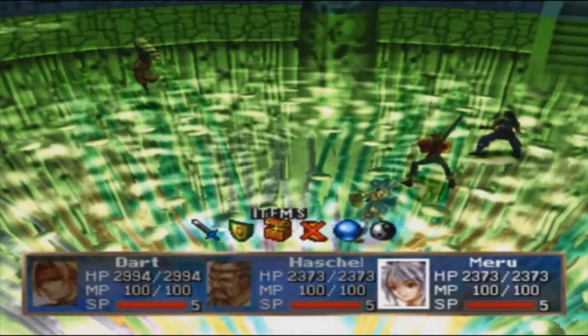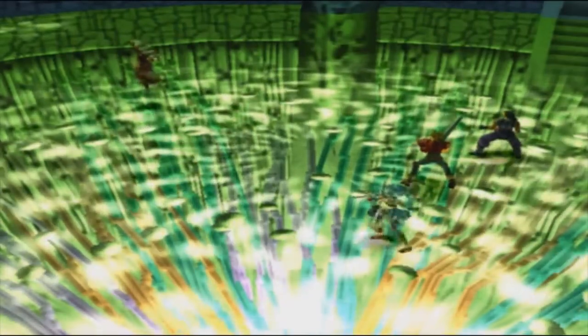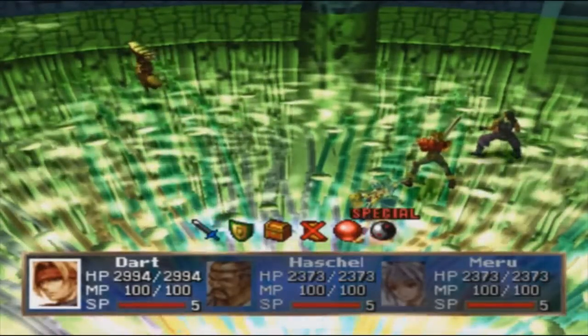So, the first thing I like to start off with is the Psych Bomb, just so I could do a quick 3,000 damage on him, if I can get this attack right. Let's see if I can pull it off. Another 130%. Sometimes I can get it to 200, just depends on how the lag wants to deal with it. So, about 1768, that's still quite decent. And, well, to first start off the fight,